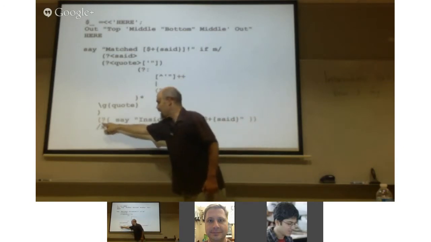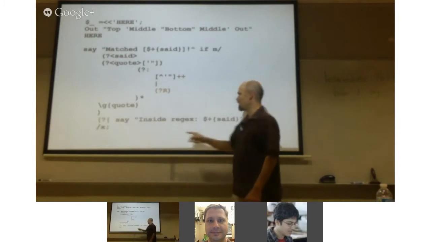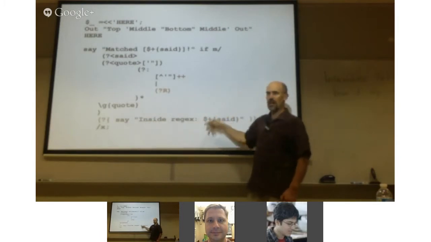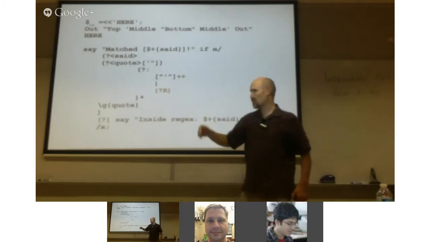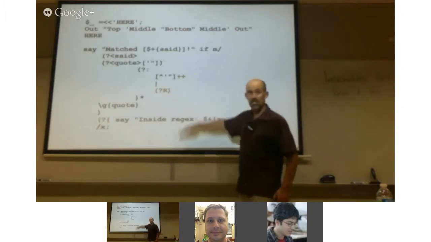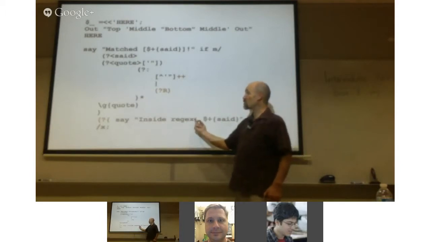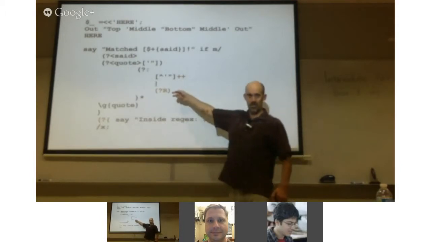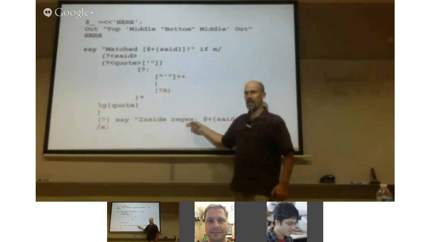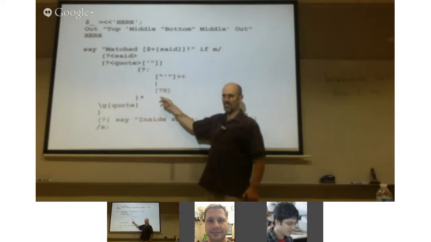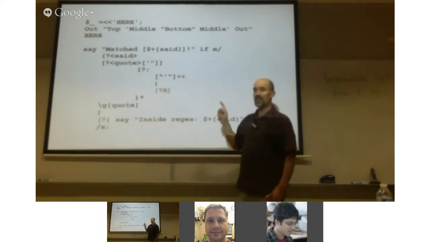At the end of this pattern, I have a little bit of code that says, inside the regex, this is what I found for the name capture. So every level I get to, at the end of that level, I will print this out before I finish this part of the pattern. So from inside the regex, I can actually print out the part that I'm working on. This is the part that I just matched. I couldn't remember that before because this was always independent. Okay? That's pretty nifty, but it's going to get better.